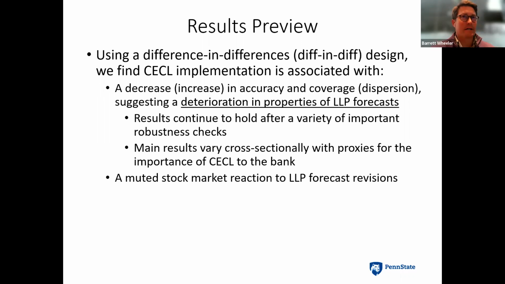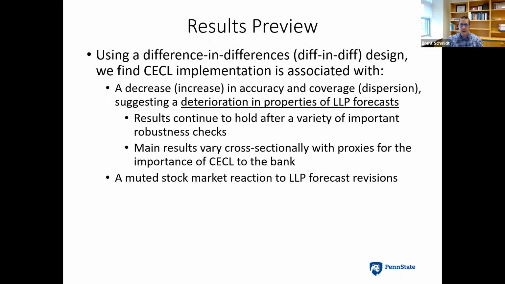But I guess, and I think that you're aware of this issue and trying to address it in the paper, I'm just wondering, to what extent do you think your results reflect a deterioration in financial analysts' understanding of actual credit losses versus just a need to recalibrate their model for what the provisions will be, because they're not necessarily sure what the firms will book as the provision, even if they still have an understanding of what the underlying losses are. I don't know if you could maybe comment on that.